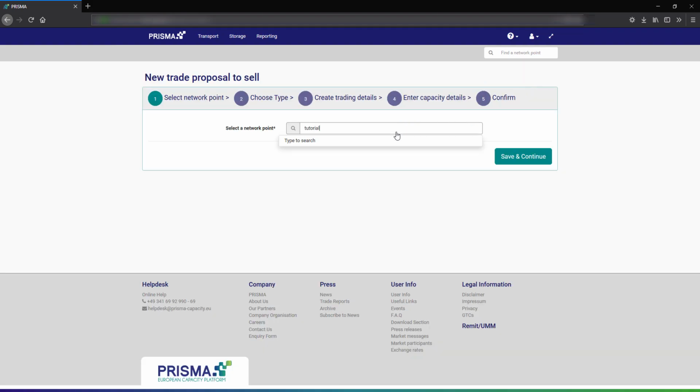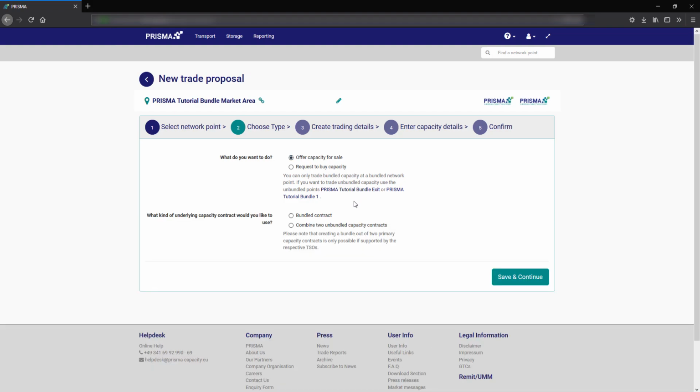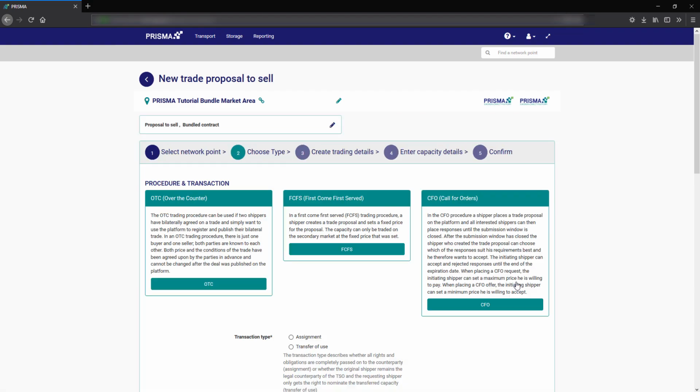First, you need to select the network point at which you want to trade capacity. Now, you need to select whether you want to offer capacity for sale or request to buy capacity and, if you selected a bundled network point, if you want to trade a bundle contract or combine two unbundled capacity contracts for a trade. In step 3, you need to select the preferred trading procedure, in this example FCFS, first come,